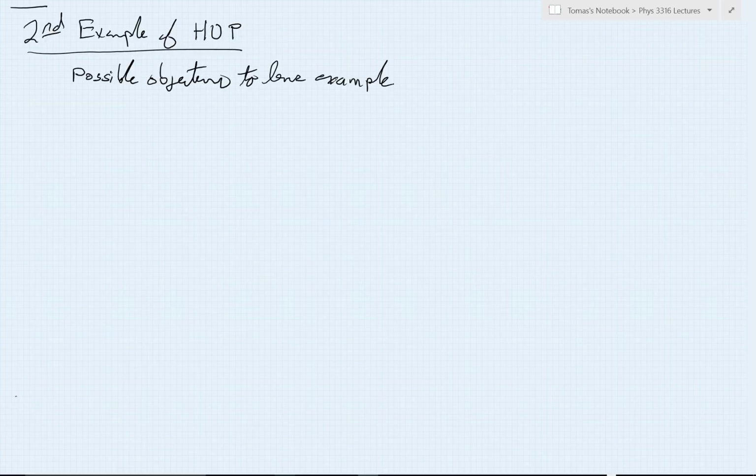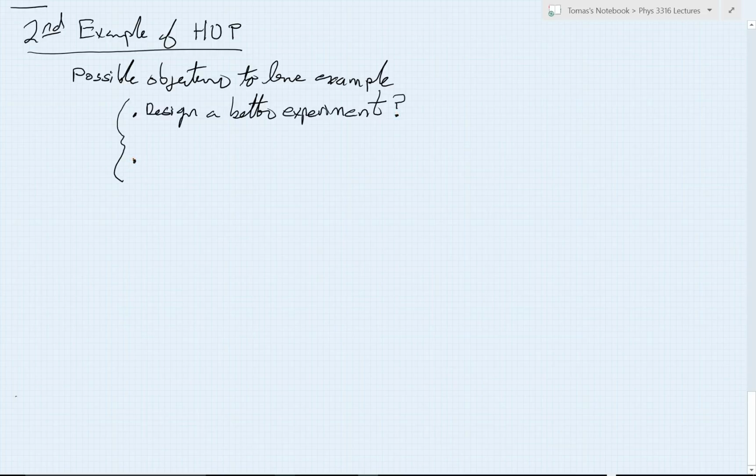It might be that one objection is that we could design a better experiment, right? Just because one setup doesn't give us very precise results or has a limit doesn't mean that we couldn't find some other experiment that would get us down to something even more fundamental. The second thing, and I'll put a question mark here because we don't know if we could design such an experiment. The second thing is that, well, that one seems to